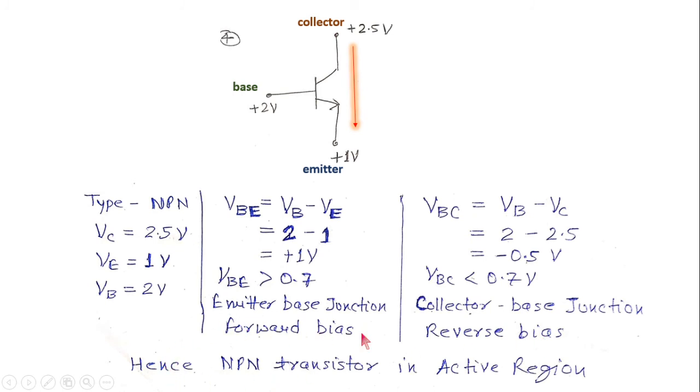Okay, so when the emitter base junction is in forward bias and collector base junction is reverse bias, our transistor operates in active region. Another case is there, if both junctions are in forward bias, that region is known as saturation, which is not given in this problem. But if you give some potential like this, and this becomes, let's say, 1 volt, and it is clearly greater than 0.7, hence this will become forward bias. Hence when both junctions are in forward bias, our device operates in saturation region.